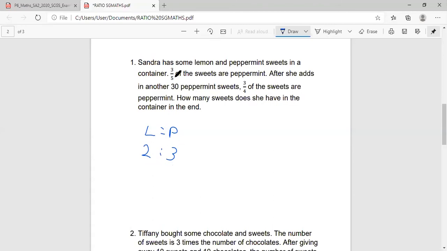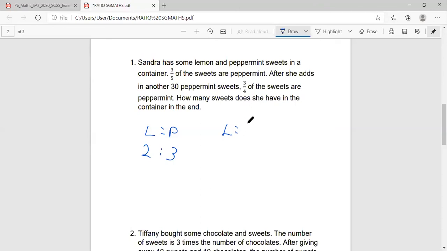Okay, so this is the actual number. This is ratio. So we cannot add in straight away 30 plus 3 equals 33. Wrong. That would be wrong. This is the actual number. This is a ratio. Two different things. So after I add in 30 peppermint, my ratio becomes